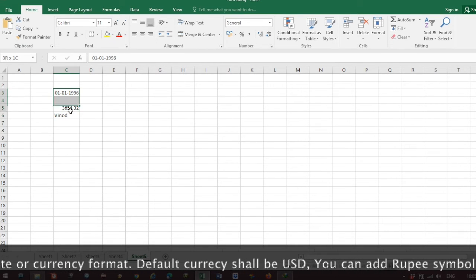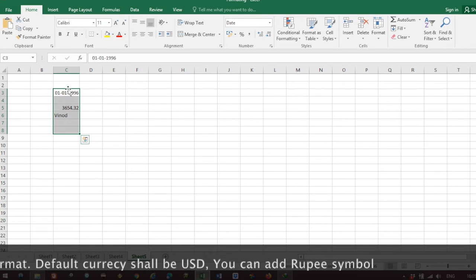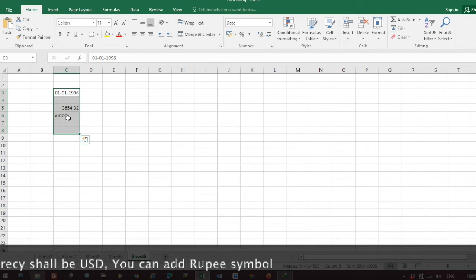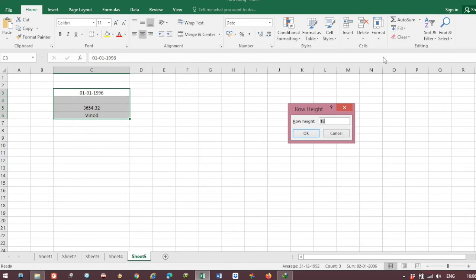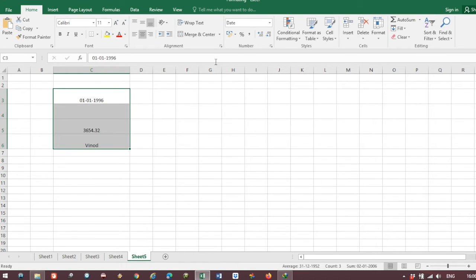But you can change it. Whatever alignment you want, you can select the cells and just click here. It will be right aligned. If you click here, it will be left aligned, and if you click here, it will be middle aligned. I am making this wider so that you can understand.